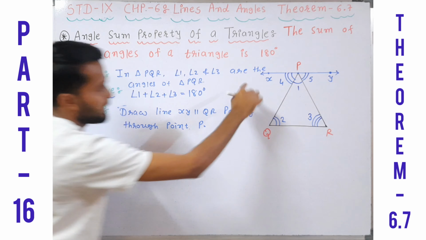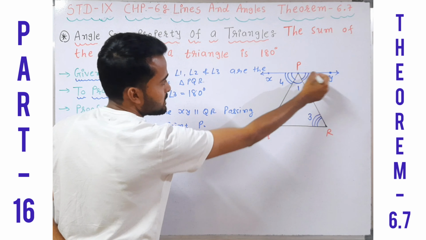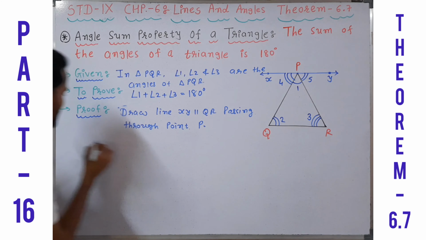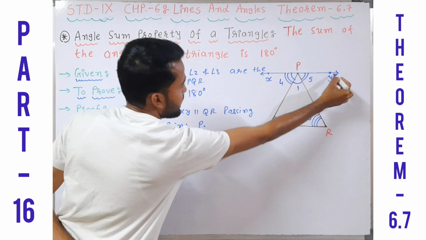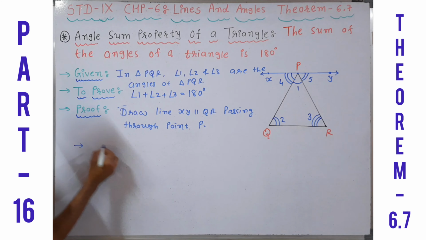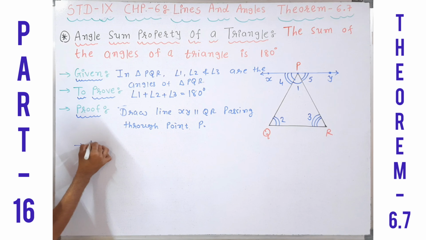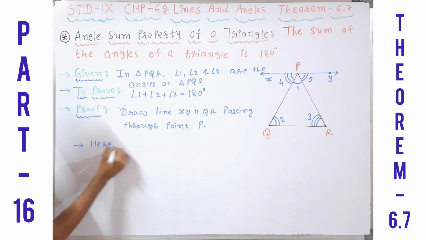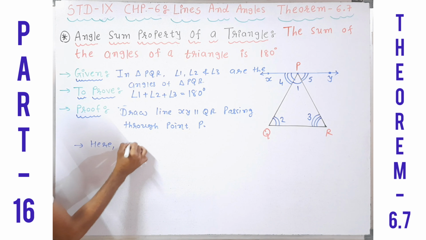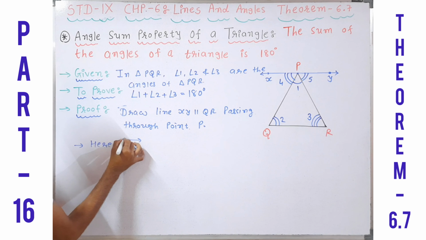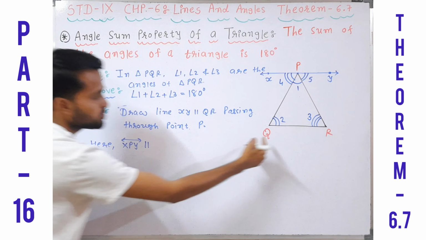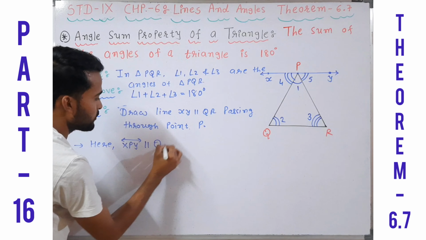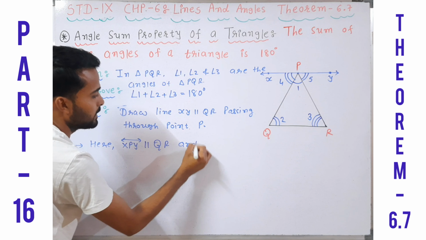We have drawn line XY which is passing through point P, right? Now according to the diagram, it is clearly seen that XY is parallel to QR, right? So we can say that line XPY is parallel to QR, as is clear from the diagram,